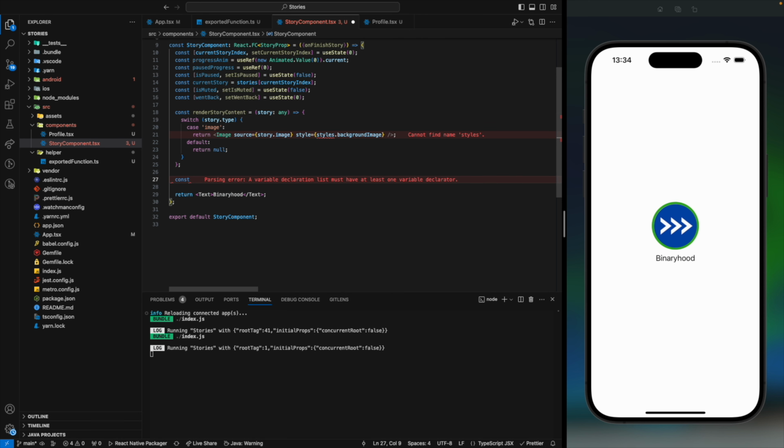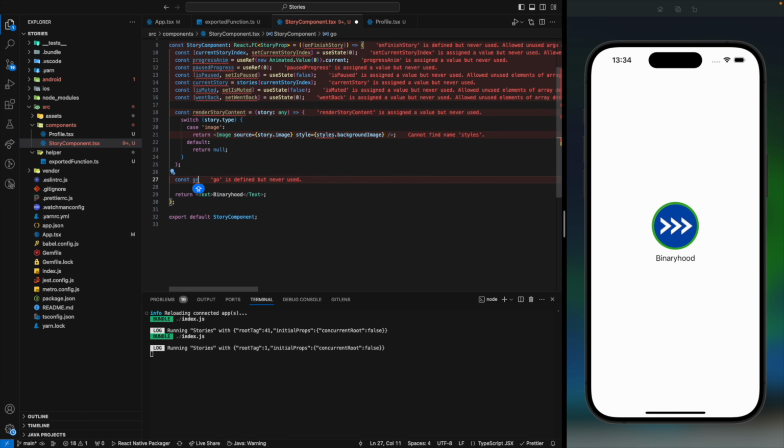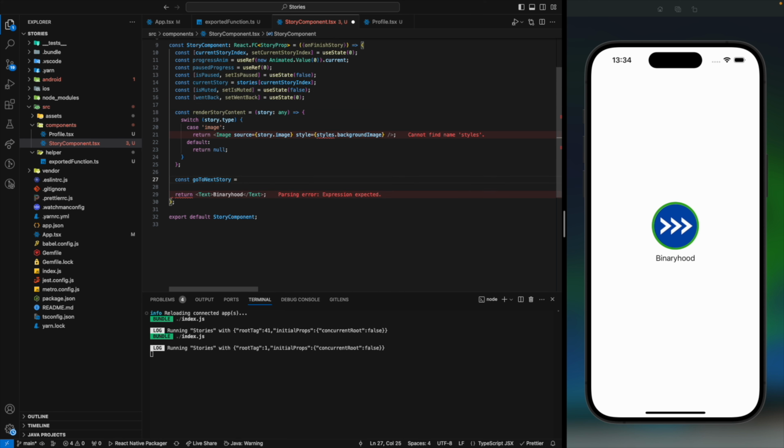So now we need to create the mechanics behind the story, because on the viewer, when you view it, you're just viewing it and clicking it. We want to create the mechanics and engineer it. So this is the main part, guys. Let's get started. Go to next story, and we want to create a function which doesn't expect any prop,